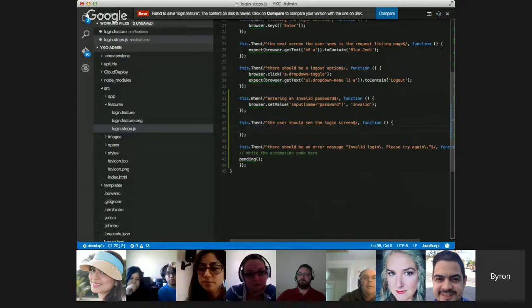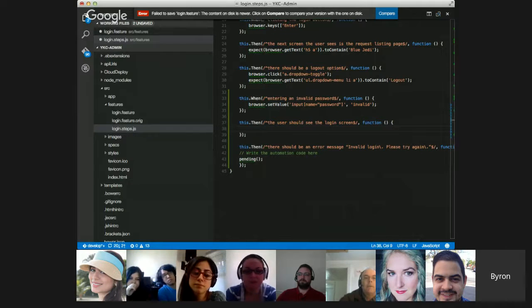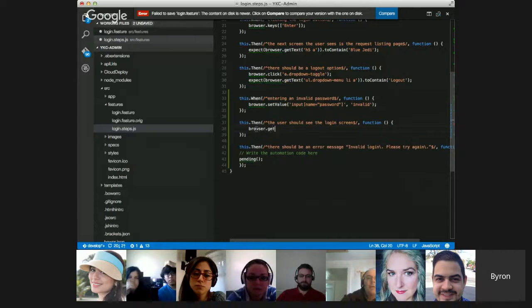So I need to know something about the login screen. I'm actually going to go over to Get Corello and go through this process manually myself and see what happens if I type in the wrong password. On this page, you can't see it, but there is an H2 that's called login. So I'm going to say expect browser get text, and this is an H2,